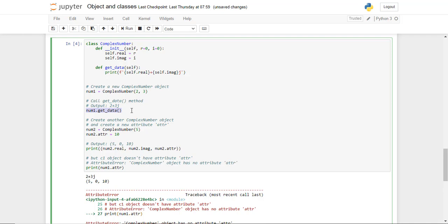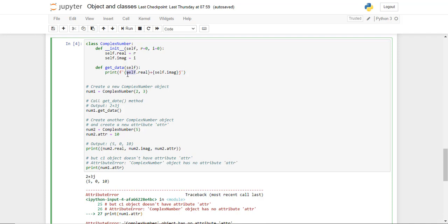So what's going to happen here? Let's see. We say num1.getData. The first thing that is going to be passed into this function call is num1 itself. So when it goes here, it says, okay, get data, but what data? Data from the object num1, which has been passed. So we're going to look at num1's data now. We're going to print num1 because self has now taken the value num1, remember? So num1's real, which for num1 we know is going to be r, which was 2. So it's going to say num1's real is 2.